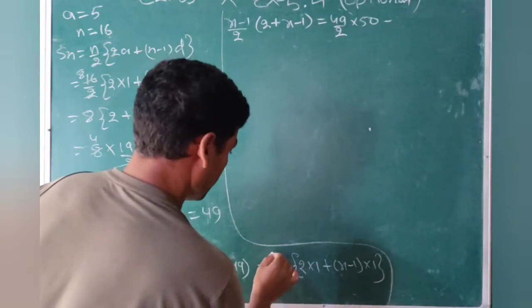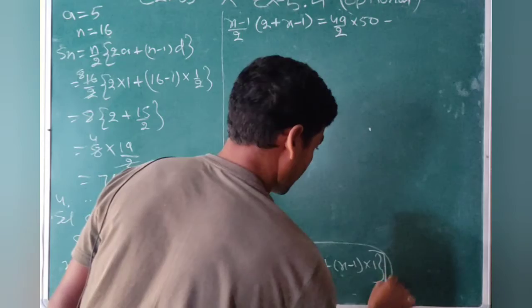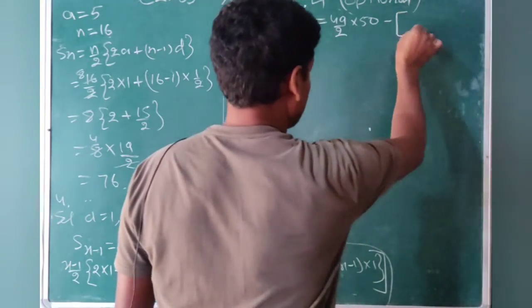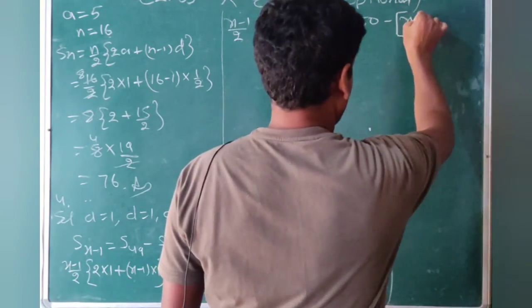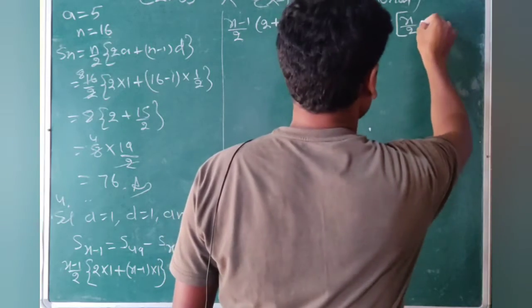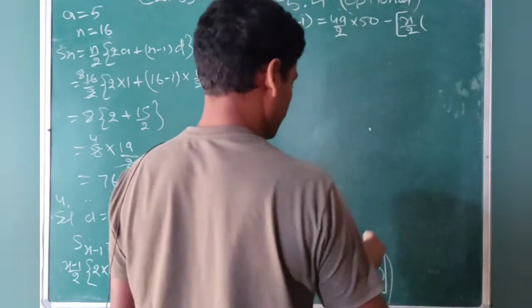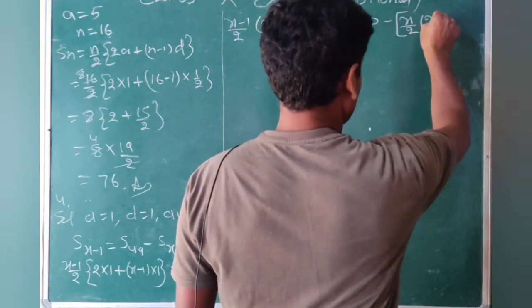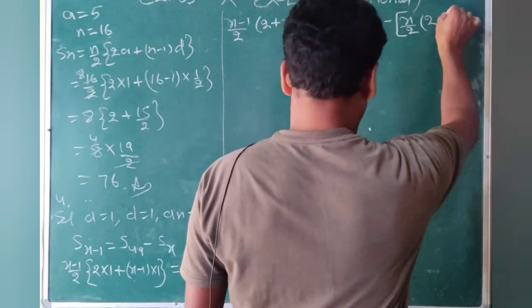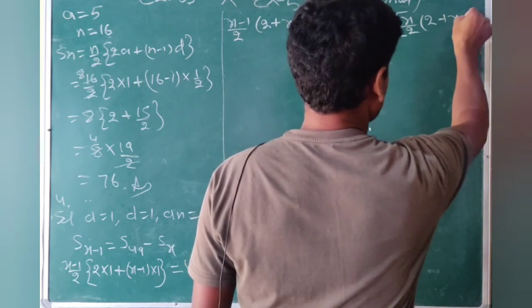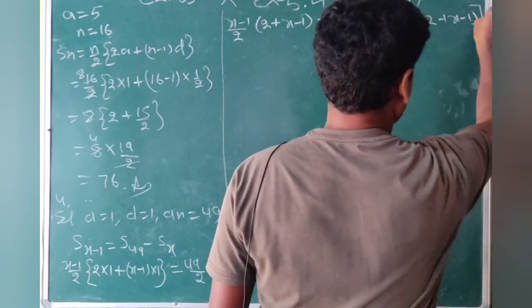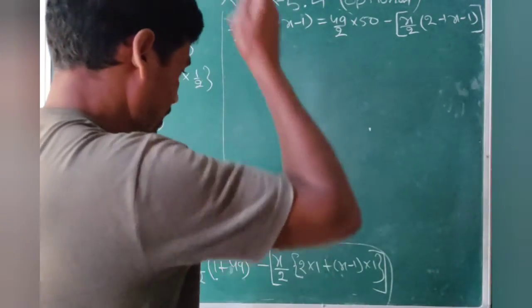So that also you will apply the bracket because minus is there, so x upon 2, and that will be 2 plus (x minus 1), 2 plus (x minus 1),